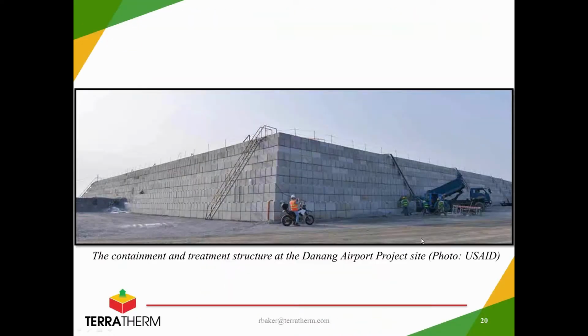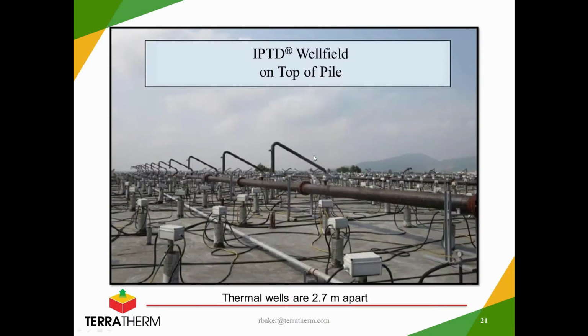This is what the pile structure looks like from the ground. It's 70 meters wide, 130 meters long, and 6 meters high. Internal, that is the soil dimensions, it's actually more like 8 meters high from the outside if you include the bottom and the top. So it's quite a tall structure. But from the top, walking around on it, you wouldn't necessarily know that you were sitting on top of a pile. You might think that this was simply an ISTD project because it looks identical to an ISTD project that would be used for treating similarly high boiling